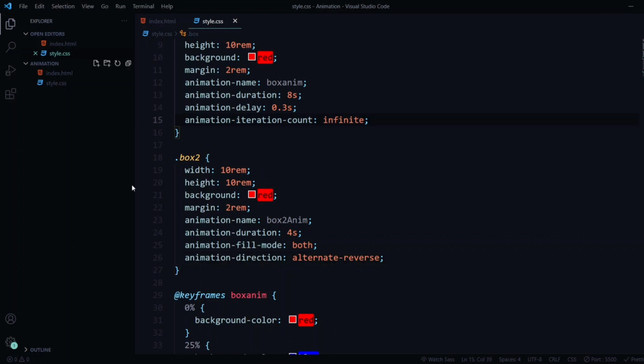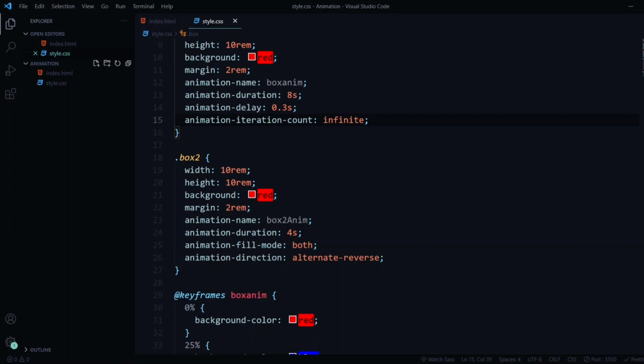Okay, moving on. This one is a little bit tricky for people to understand. It's quite easy if you've gotten a hang of it, if you've practiced it a lot, but if you're a beginner, this one might be tricky for you. If you have watched my previous videos on background properties and transition properties, you might know about this, you might have practiced this, so you might be familiar with this. But if you haven't watched, this concept might be new to you, or even if you have learned it from somewhere else, it might be a little bit tricky for you to understand at first, but if you practice, it's quite easy. So this is called animation timing function.